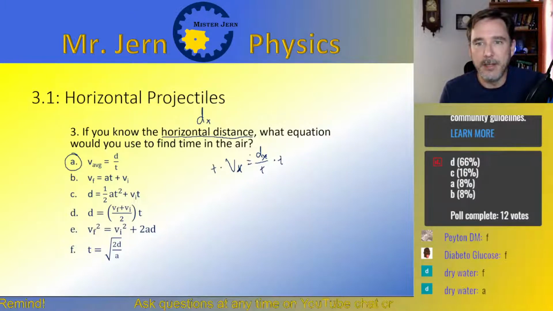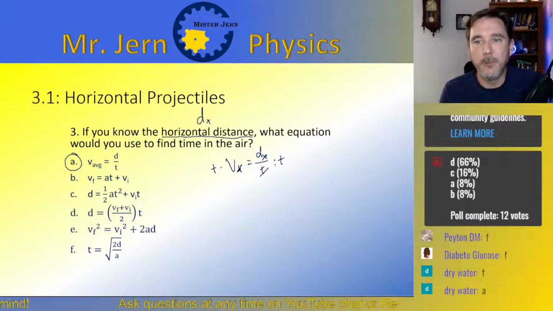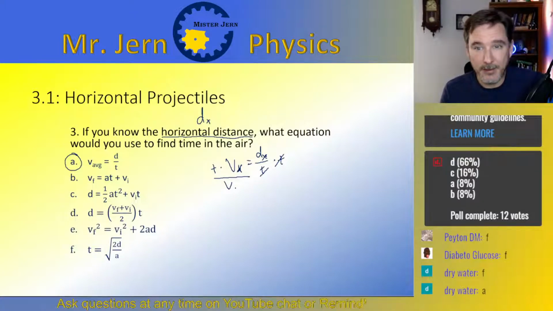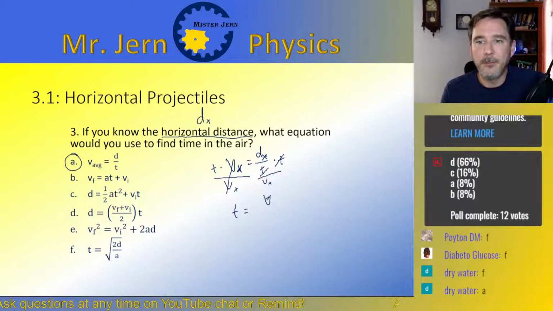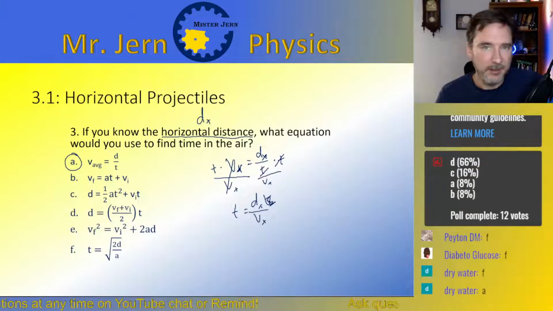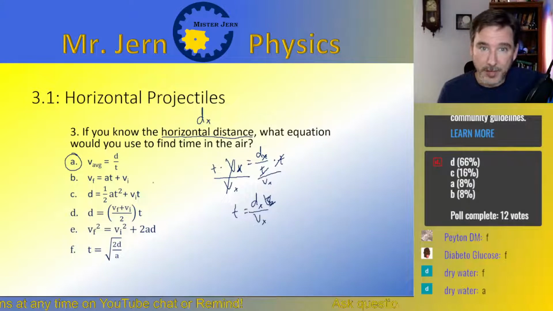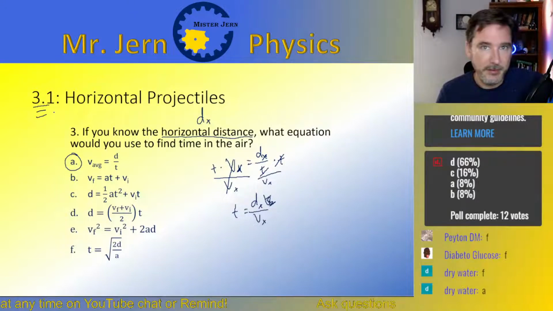All right, so there is a delay again. I love the delay. So we multiply both sides by time, and I can't leave it like that, so after multiplying both sides by time, I have to divide both sides by Vx. So it turns out that time is equal to, it cancels out this, so time is, I could use the eraser, but it takes a second. Dx divided by Vx. And like I said, 3.1 practice is going to be your bestest buddy to prepare for this,